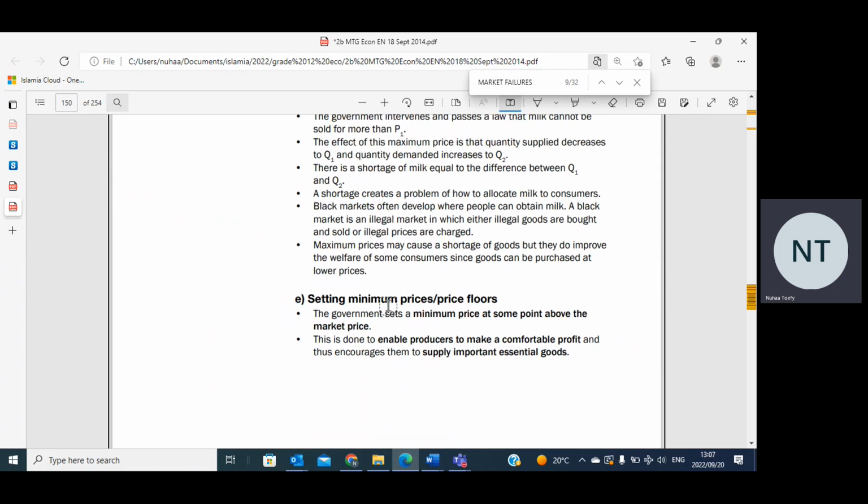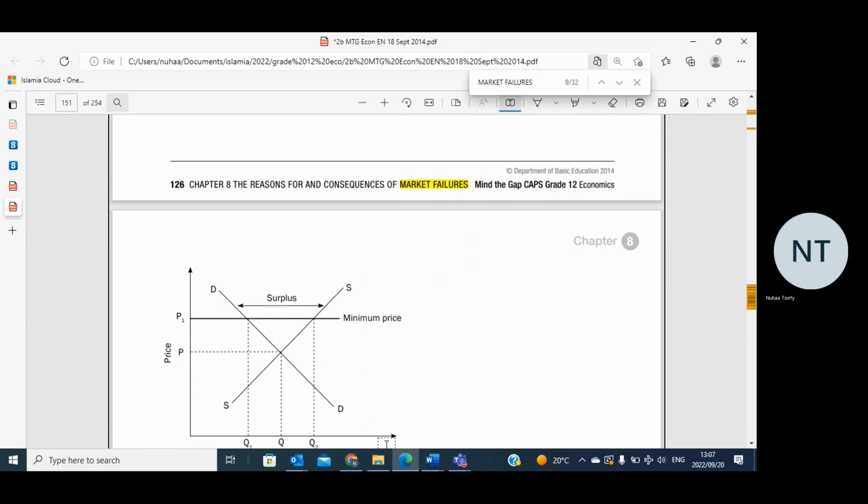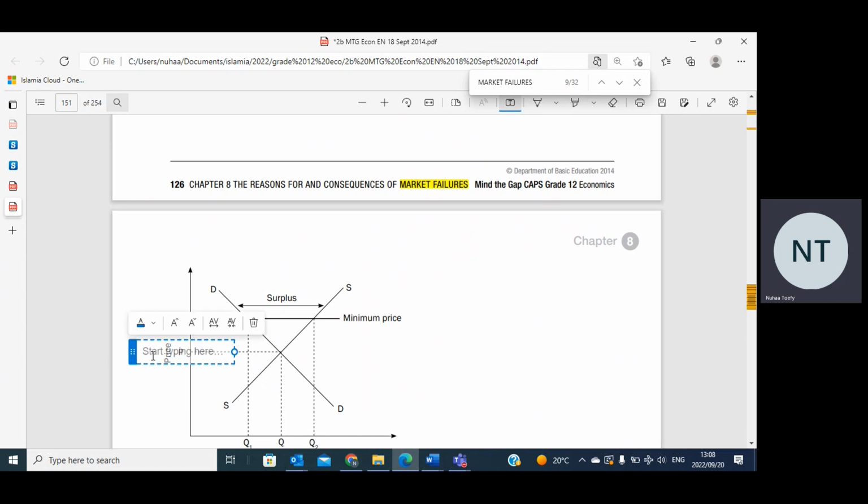And now setting minimum prices or price floors. This is exactly the same as the minimum wage. Do you see? Okay, so what happens is you have your demand and supply. There is an equilibrium price. Right? The government says, you know what? It's usually on agricultural goods, because agricultural goods are really cheap. They need the farmers to make a profit. So let's say